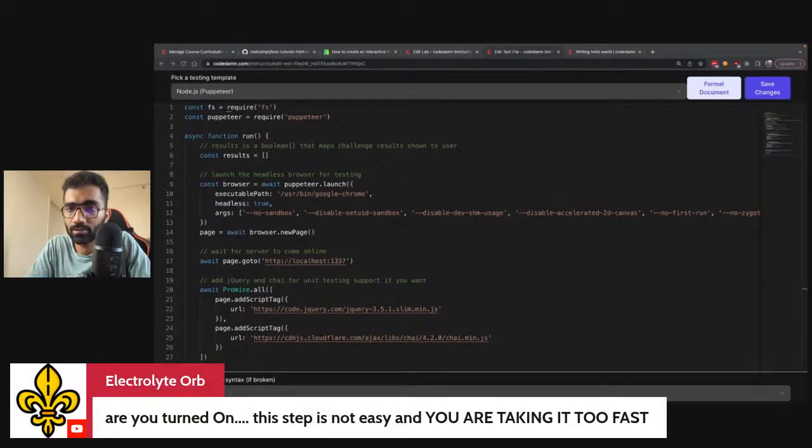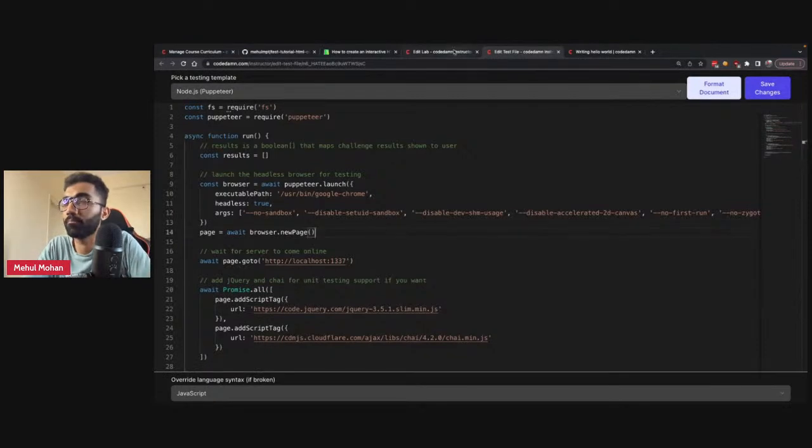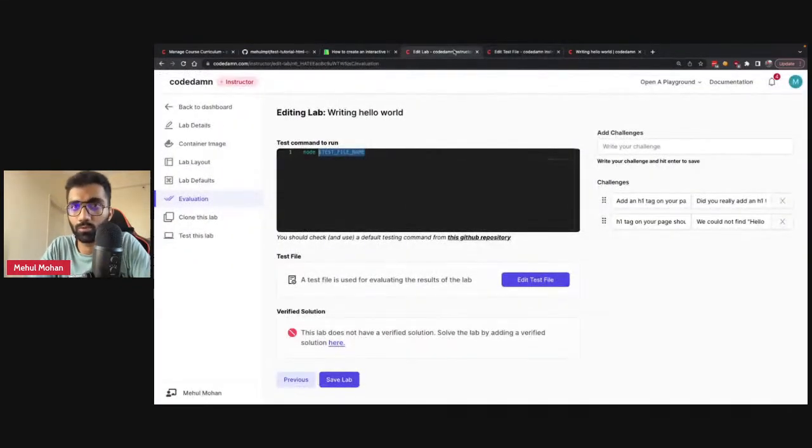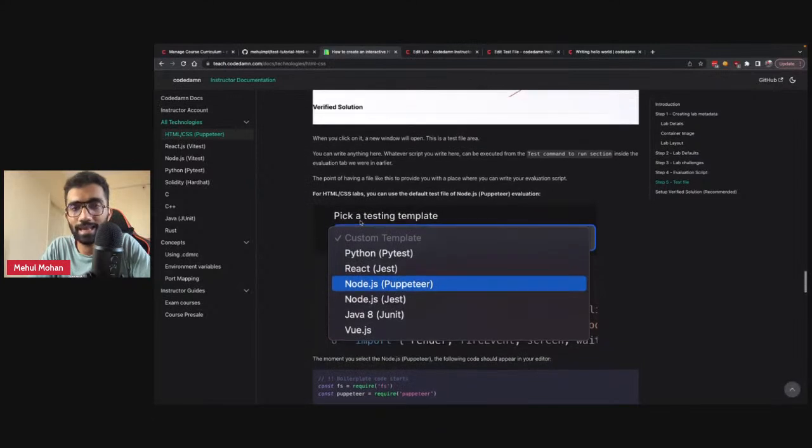Let me just quickly answer this, if you are finding it too fast. I'm sorry if you feel like it's going too fast, but what you can do is, of course, take a step back and rewind it if you want, or just consider this documentation as well when you are setting up your course. I can assure you this documentation consists of anything and everything you need to know. If you still feel that this documentation is missing something, then feel free to jump into the Discord server and take help from our team if you want.